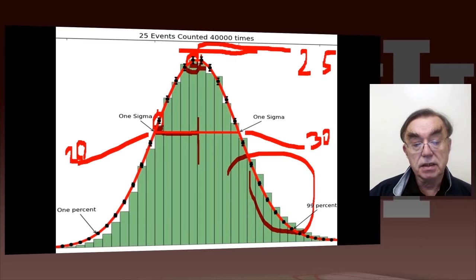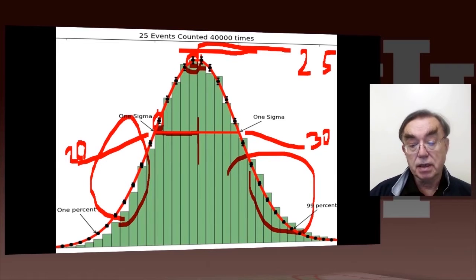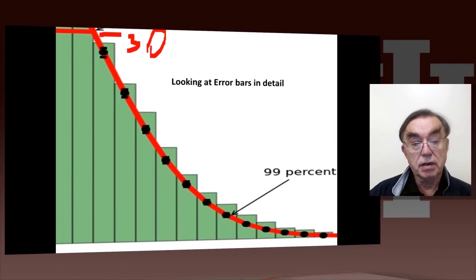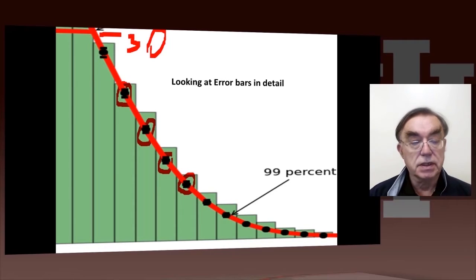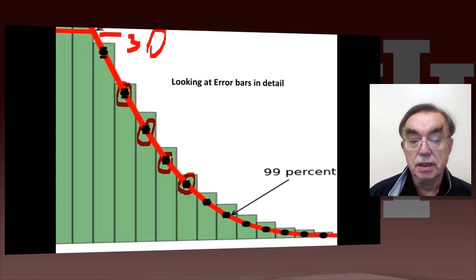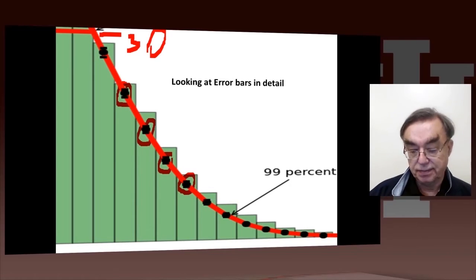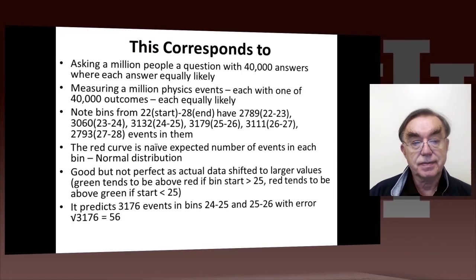However, you will find that below 20, the green curve systematically lies below the red curve, and above 20, it lies above. And that's shown here. We have the real estimate of the errors, and you can see the green curve is above the red curve by an amount much greater than the errors. So there is a systematic shift here, which is just not important, because you tend not to look at things in this detail. You don't usually take a million people in your survey and get such good statistics.